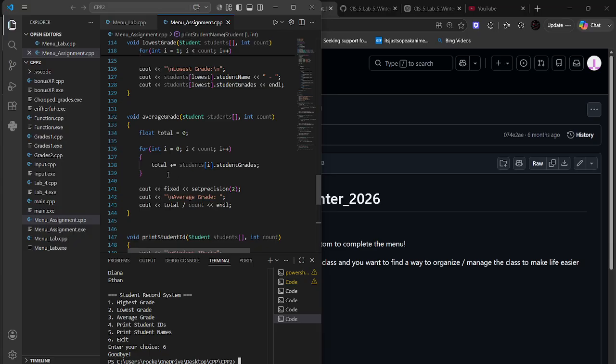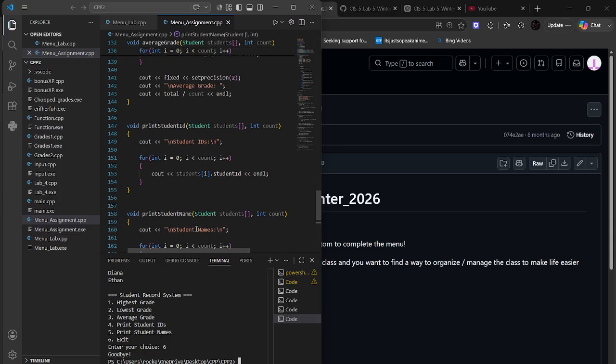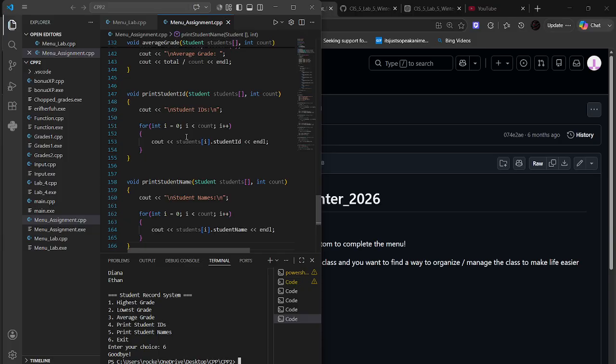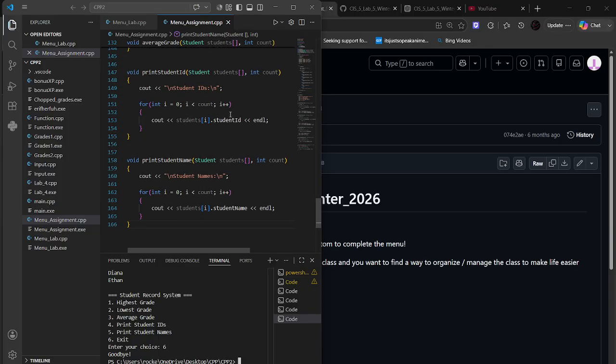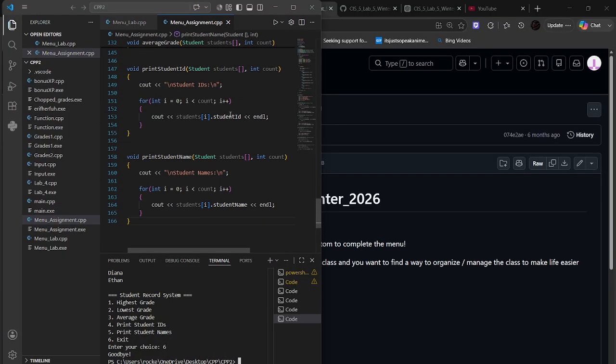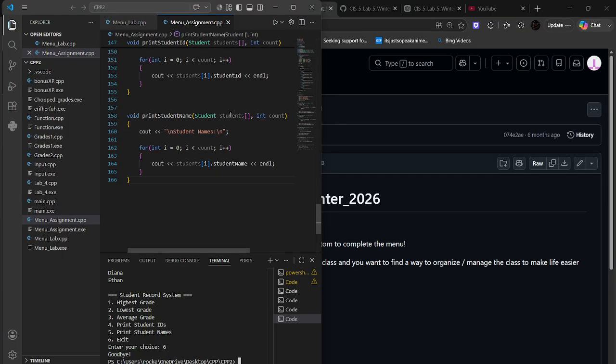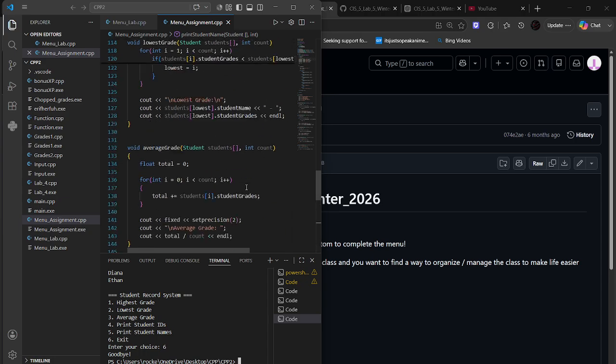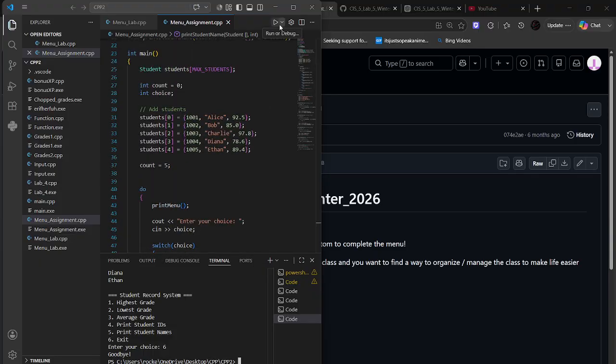and it should divide by count, which was the amount of students that were there. Student ID, and it's just going to go through the whole thing to print out all the student IDs. And then also over here, it would also print out the student's name. Now, and then finally for the test code,